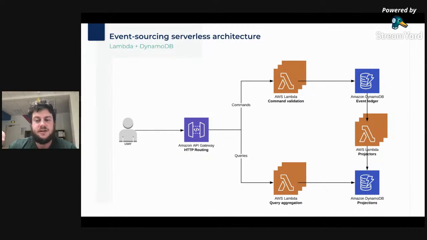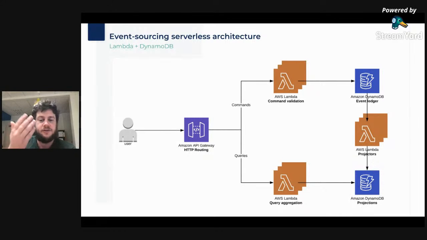Once the event is inserted inside DynamoDB on the audit log, projectors, which are dedicated Lambda, will be triggered to update models on a separate DynamoDB table called the projection table. Basically, when, for example, you project the alert closed event inserted into the event ledger on a projection which is used, for example, for the detail page of the alert, your projector will actually change the attribute status of your projection for the detail page from ongoing to finished.